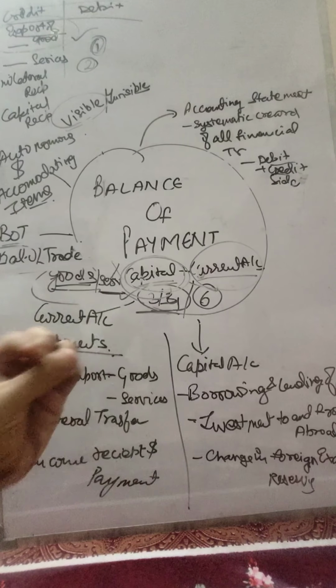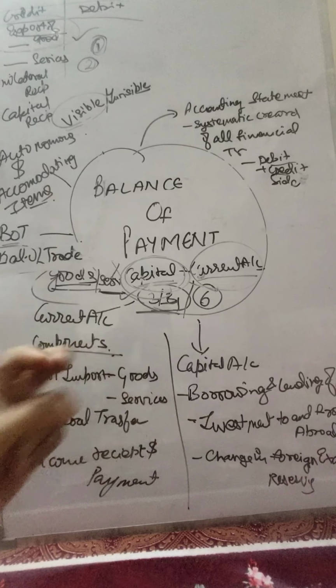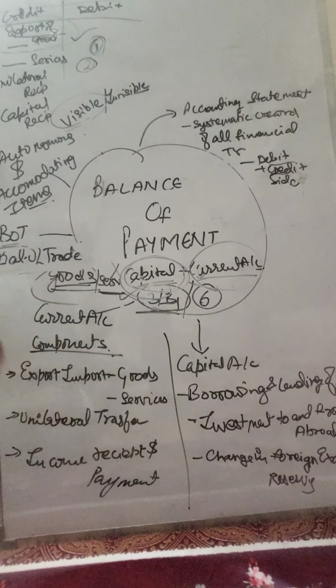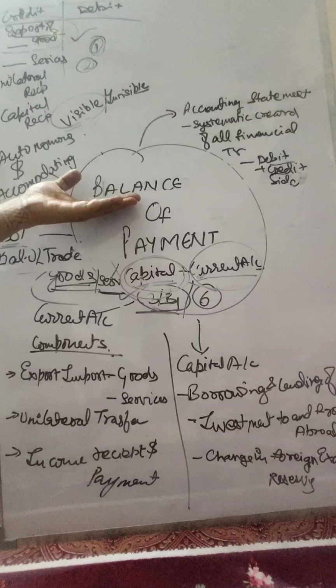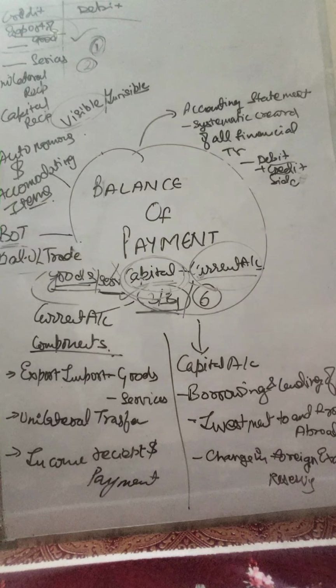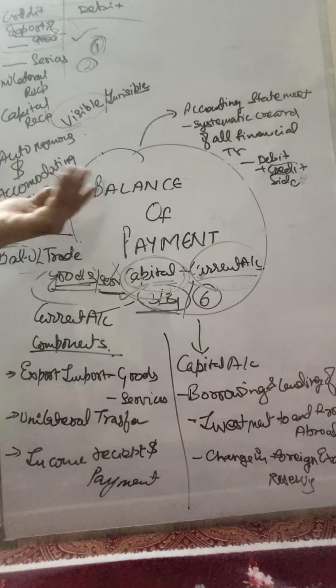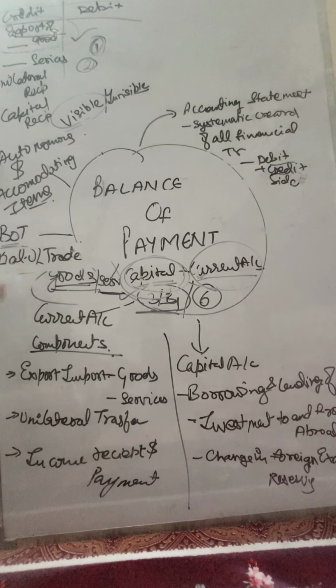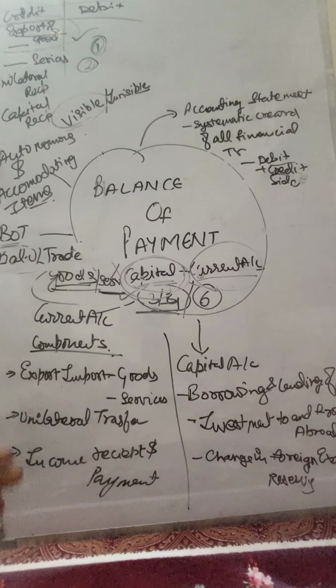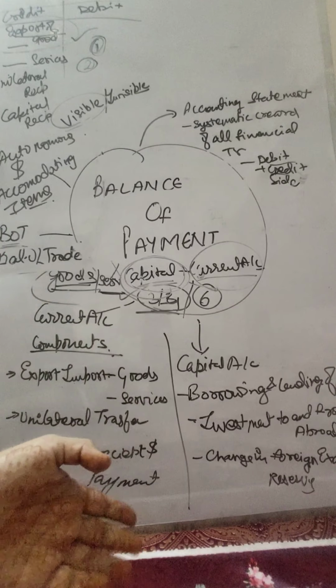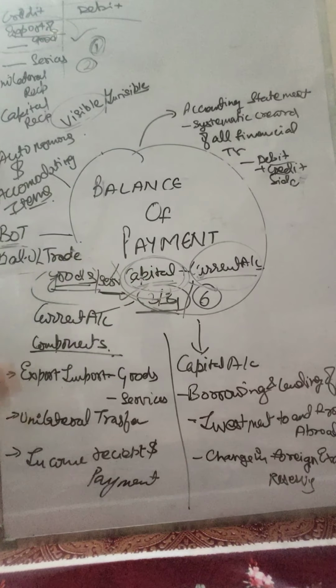So these remain balanced always. Then the fifth point: a deficit in the balance of trade account can be overcome under the balance of payment account, whereas if there is any deficit in balance of payment, we cannot cover it through the balance of trade account. Okay, now balance of trade is not a true indicator of economic performance, whereas balance of payment is a true indicator.